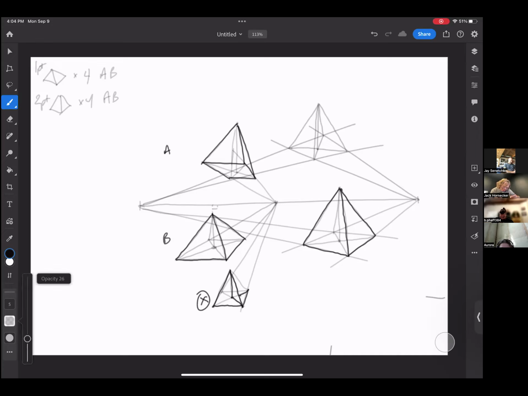Here's a common way that people then screw this drawing up, by darkening different lines. Structurally, this is accurate. But if I then darken these lines, things look all sorts of weird. But if I darken these lines, now it looks like I'm looking up at that thing. Okay, so what lines you darken matters, basically.